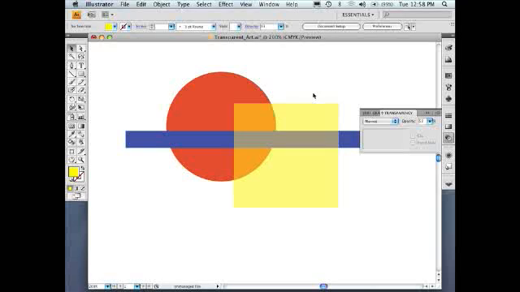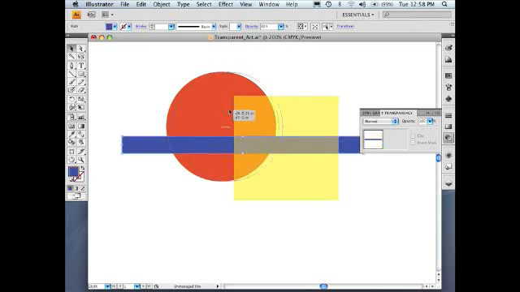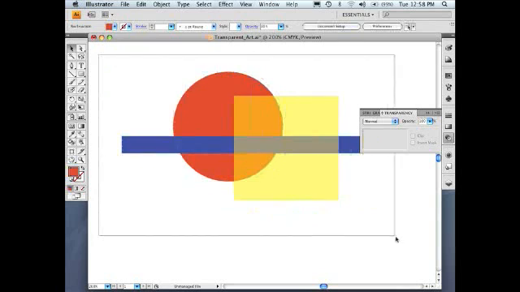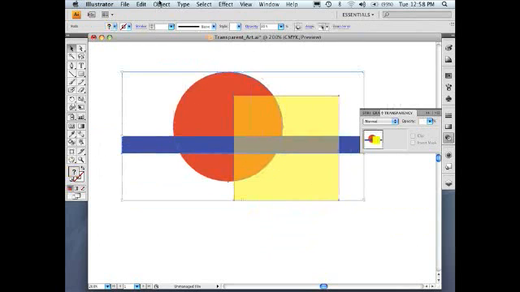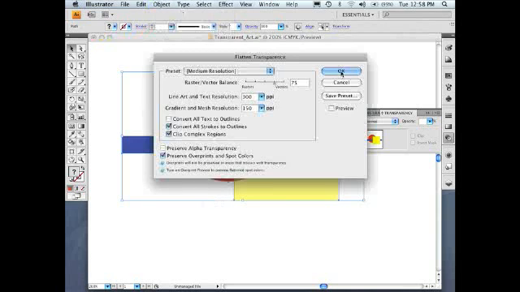Okay, so the graphic that we have open contains live transparency. And that's because I can move the transparent object, which is the square, independent of the line and the circle. Now let's see what happens to this graphic when we flatten transparency. So I'm going to select all the objects. I'm going to go under Object and select Flatten Transparency, and I'm just going to flatten it using the default